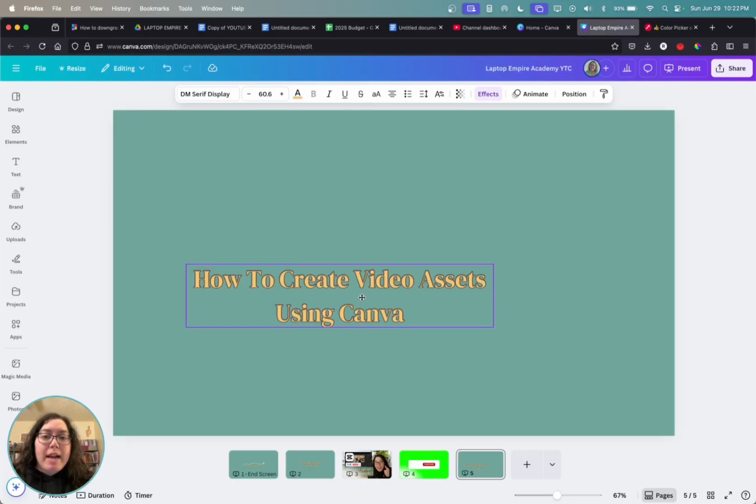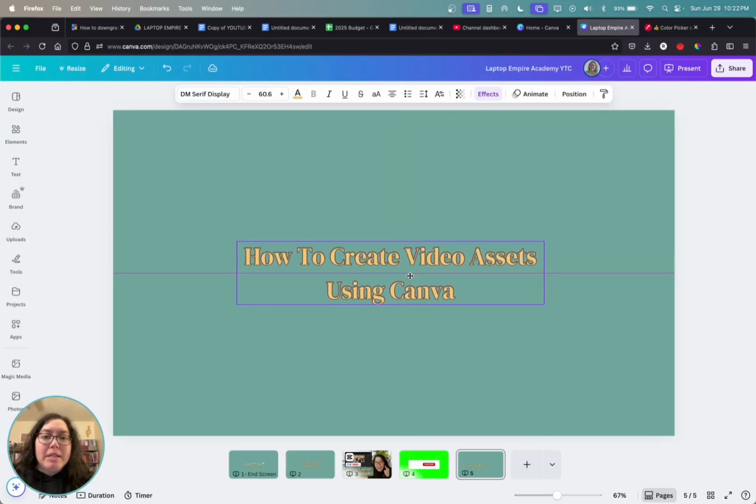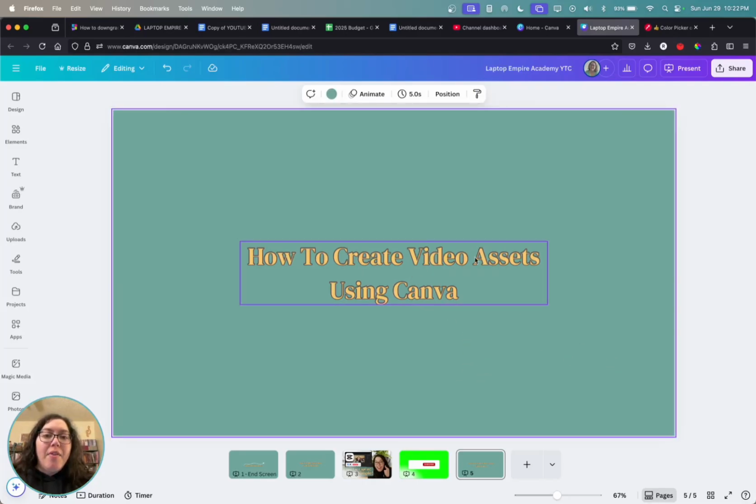And then I want to grab the box and put it in the center of my canvas. And as you can see, we've got some really great lines popping up that are showing us where the center is, and they're indicating that our text box is centered on the canvas. So now that I've done that,